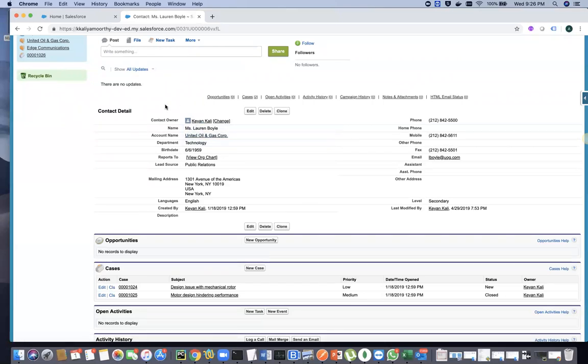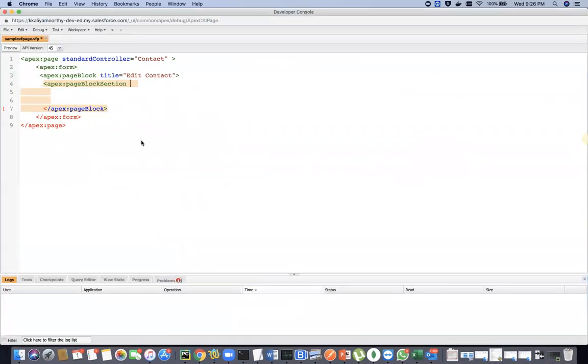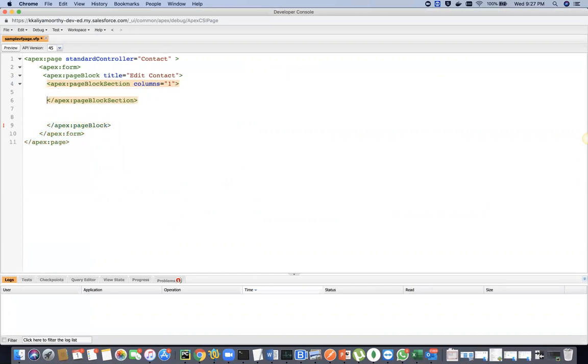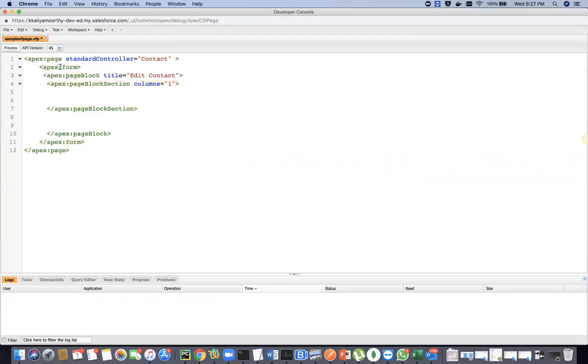And how many columns do you want to specify? Say for example, I want to specify this in 2 columns. This is one column, and this is again another column. You can even specify how many columns you want in the page section. Say for example, I want a page section, and then you can even specify columns equal to 1. Okay, so you have the Apex page as the outer shell, and next you have the Apex form. Within the form you have the page block, and you have several sections, which is the page block section. Okay, and then for example, if I just save this,